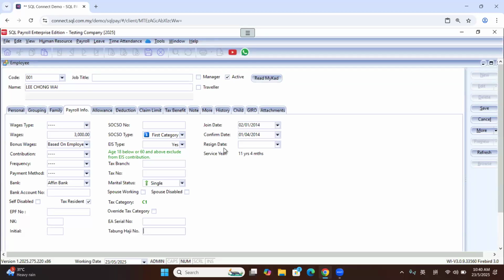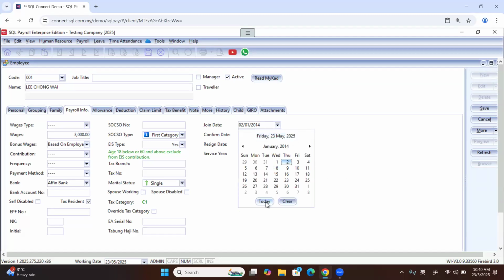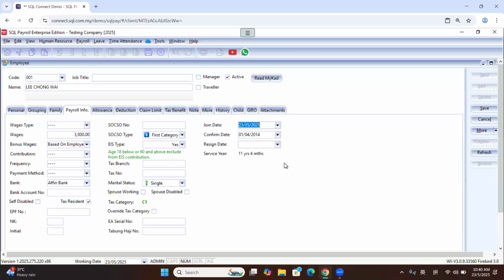Okay, so this join date is also important. Make sure you key in the join date correctly. So what is the purpose of this join date? Actually, this join date is used to calculate the leave entitlement of each employee. For example, this is the first year this employee joined. Maybe he joined today, 23 May 2025. Then we will base on this join date to calculate this year's leave entitlement for